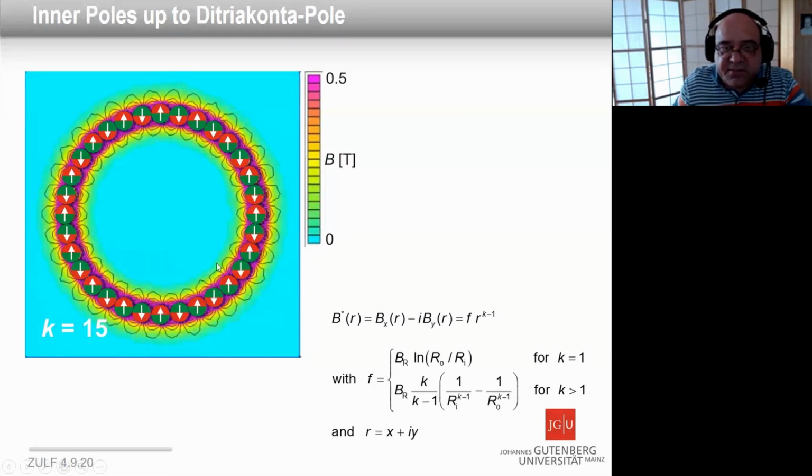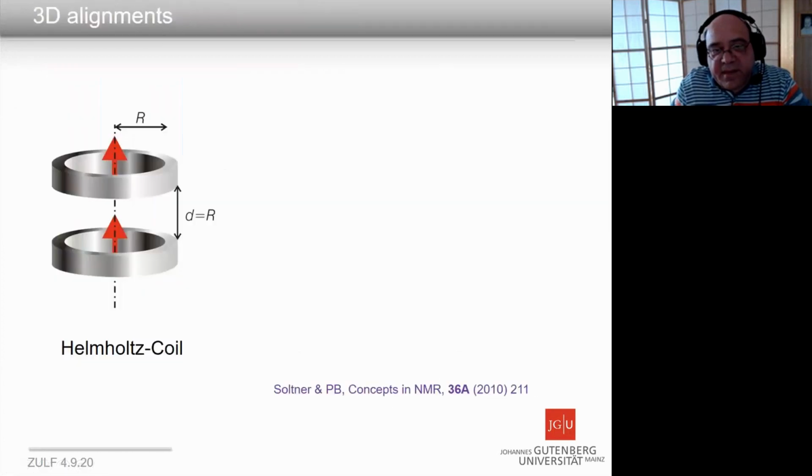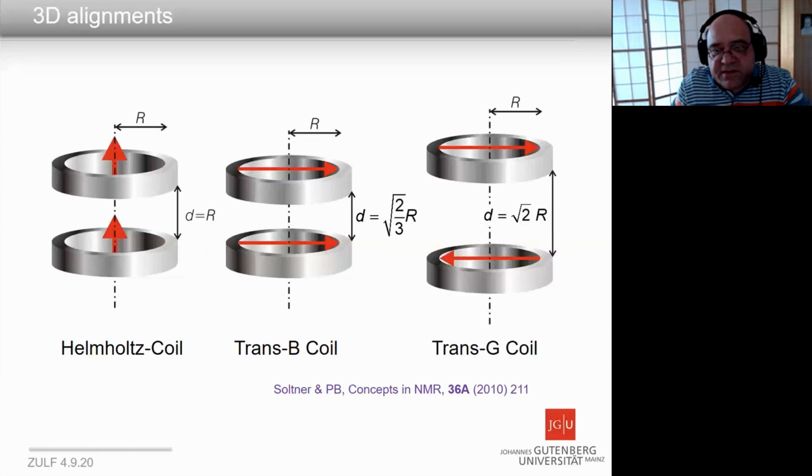So these magnetic bottles or traps for particles have the nice feature that they have a very steep magnetic field at the wall, and inside there's essentially not much field. It's very flat because it has a very high order. Okay. But there are also some other concepts I just want to mention because it might be important for designs,